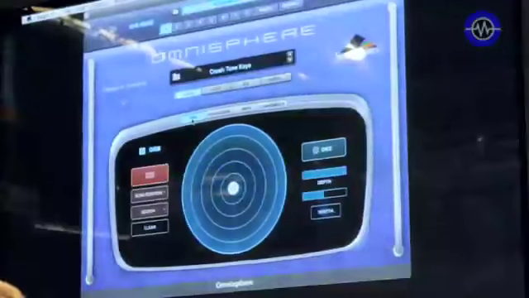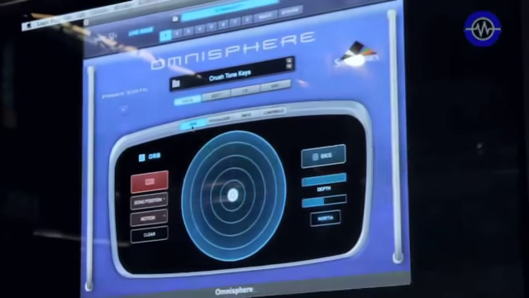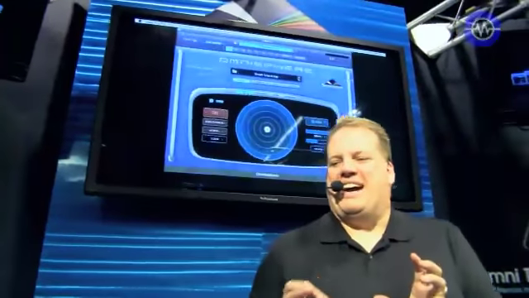So the most innovative feature that we have in Omnisphere 1.5 is called the Orb. And I'm just going to give you a little glance of what that looks like here on the interface. It's very Star Trek. And I'm going to get to that towards the end of the demo. We also have included a whole bunch of interesting things that users have requested. A lot of user-requested features, such as